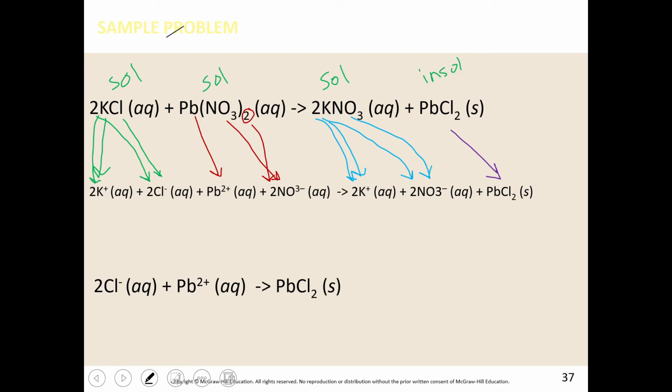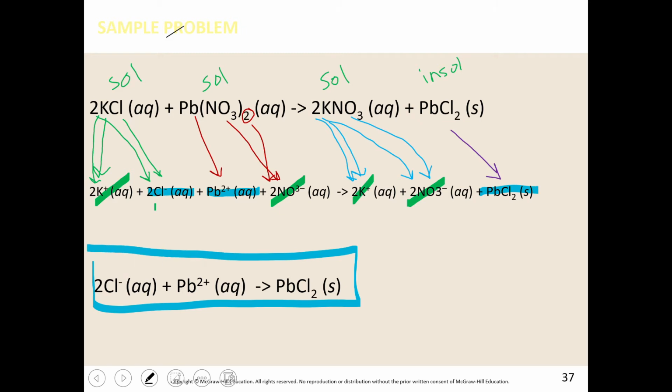Now that I've done that, I can say, okay, I'm going to find the things that are the same on both sides. In this case, there's going to be potassium. Those are spectator ions. Chloride ions. Got one here. Nope, nothing on the right-hand side. Lead, nope, nothing on the right-hand side. Nitrates on the right-hand side and the left-hand side. So all that's left are these,